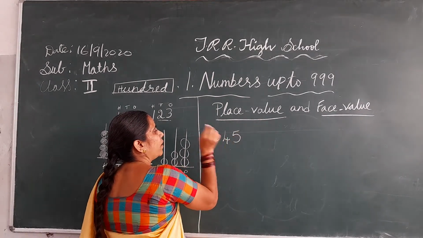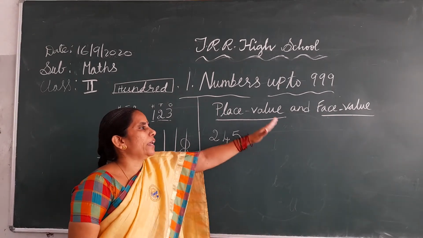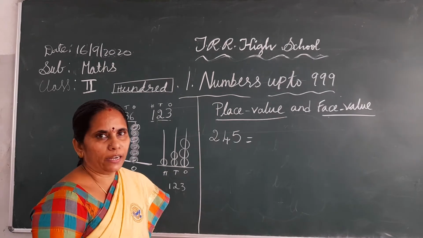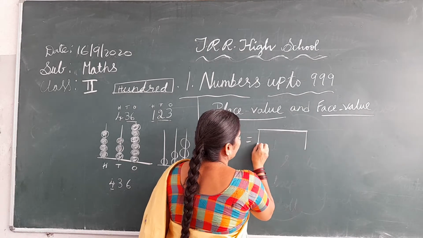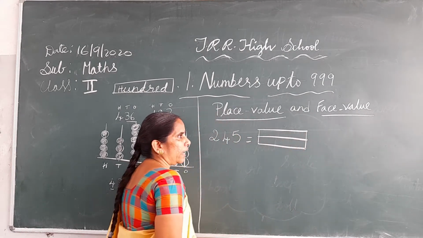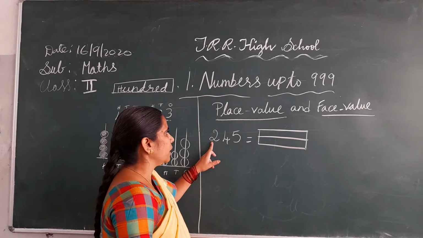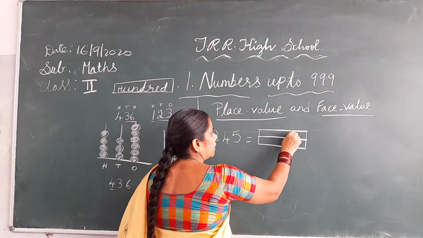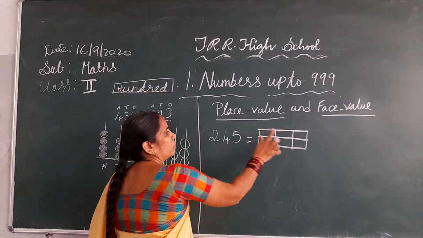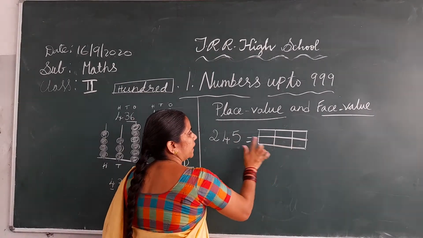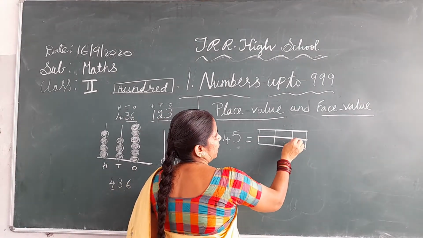2, 4, 5. First, what you must do is write this in the place value chart. Already you learned. How will you do it? You will draw the box. One box like this. Okay. Now how many digits are there? Count it. 1, 2 and 3. So how many columns must you draw? 3 columns. 3 digits are there, so 3 columns like this. After that, in the top line, you must put the places. Ones.